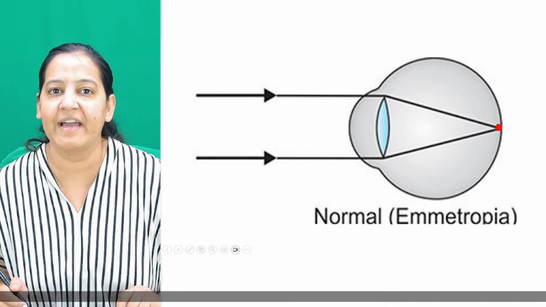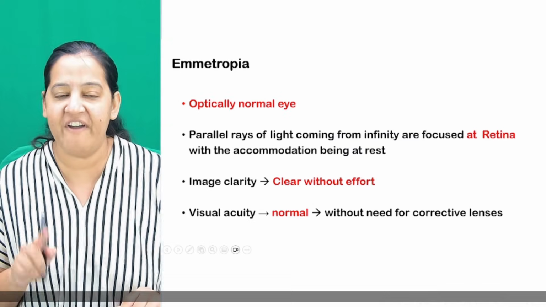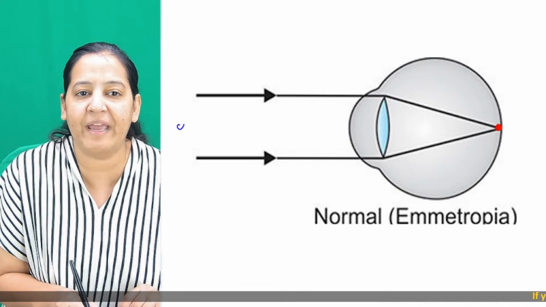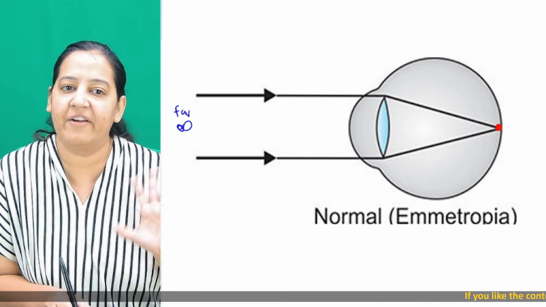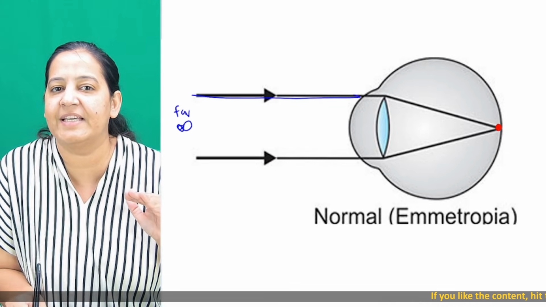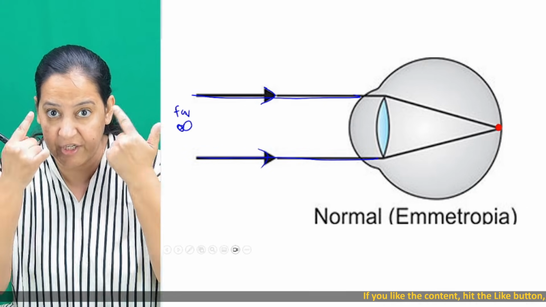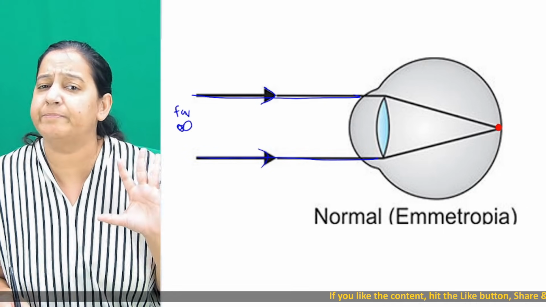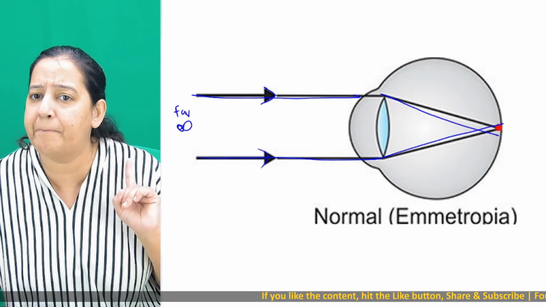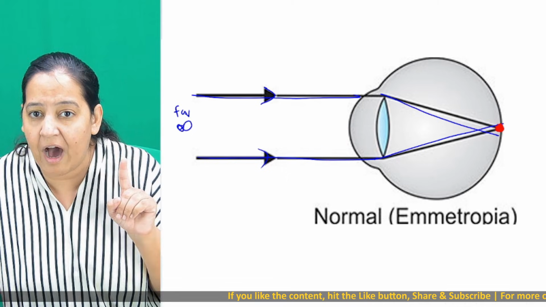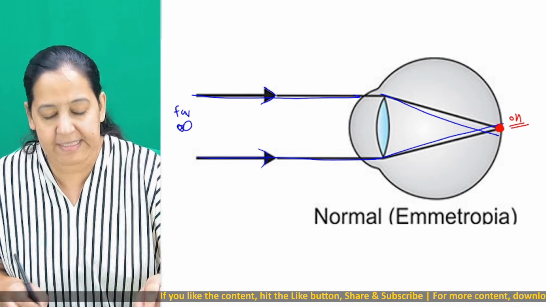You can see this eye. Human eye is like a sphere, like a ball. When the object is far and the rays are coming from infinity, you can see these rays coming from infinity. God has given such a power in the human eye that the human eye can converge the rays coming from infinity on a point on the retina. I'm focusing on the words on the retina. Can you see this is the retina?